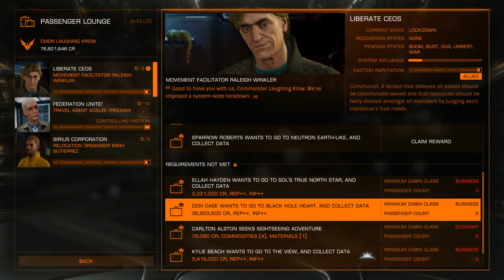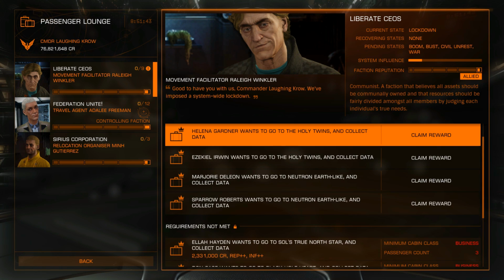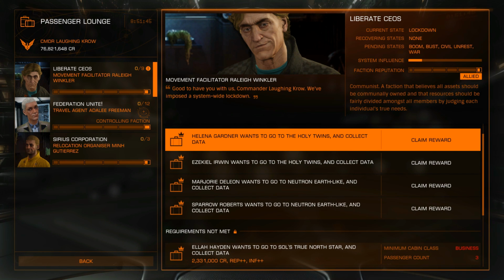But you pick up multiples of these and fill up multiple cabins, and if you have them all going to the same place, you go to one place or two places, you basically just go there, and they're like, okay, thanks, you can take us back now. And then you fly all the way back, and you get your reward. So let's see here. 76.8 million to...